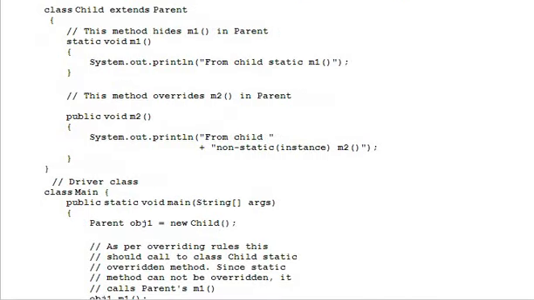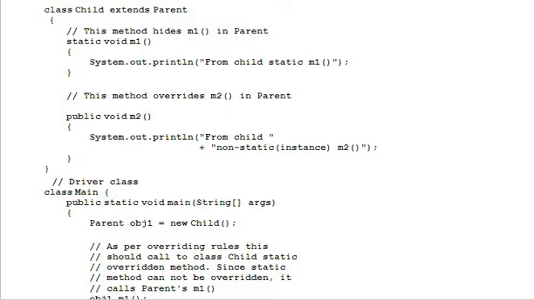So from Parent, Child is created. In Child again we have two methods, m1 and m2. m1 is static and m2 is non-static. Look at the comments. The method m1, which is static here, hides m1 in Parent.